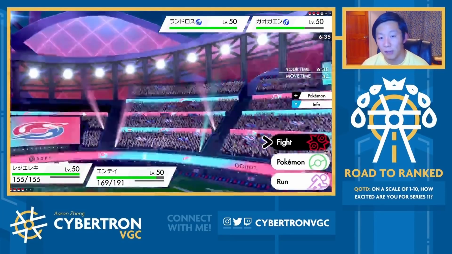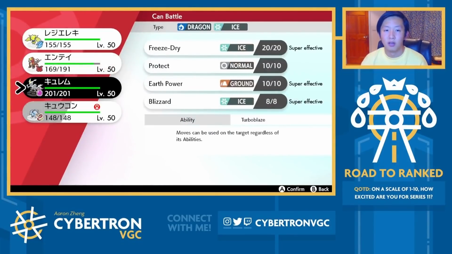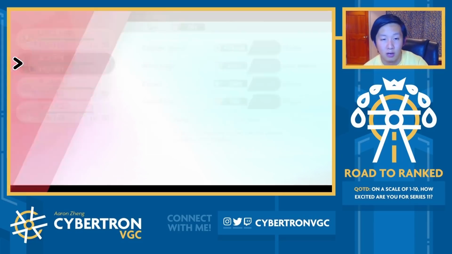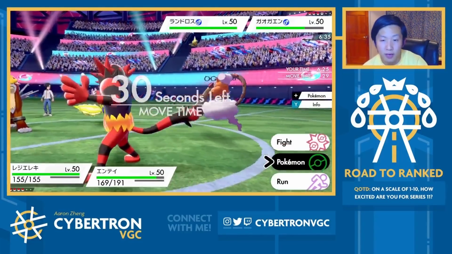So, you know, we obviously had a really good lead to start the game. Now, it's actually still far from over. But with Ninetales and Kyurem in the back, these two should be able to close out the game for us. I am AV. Earth Power probably still KOs us, but...